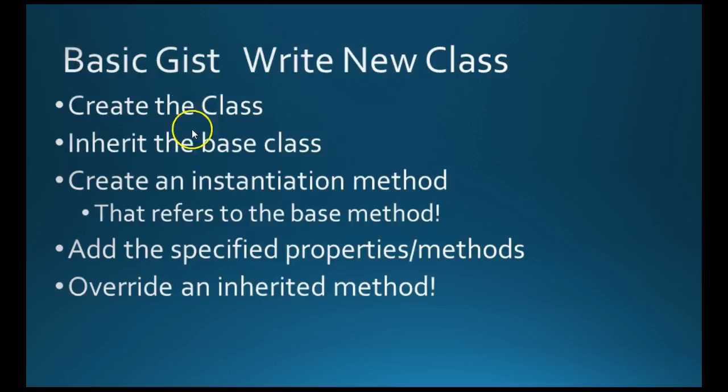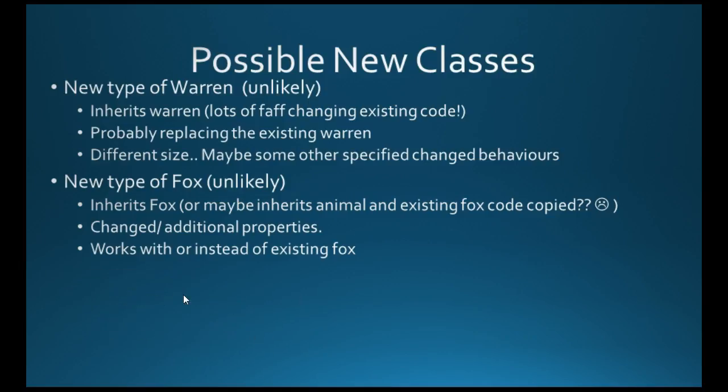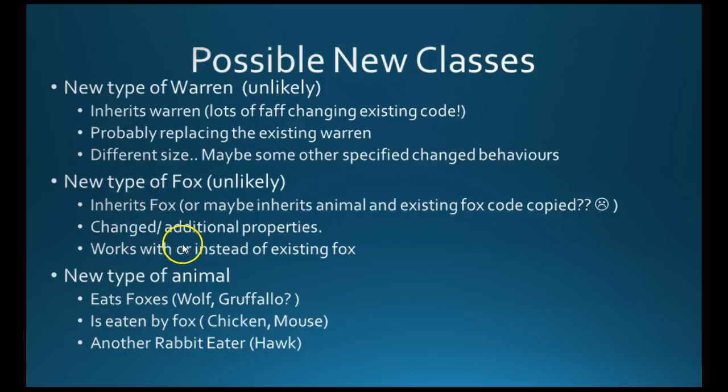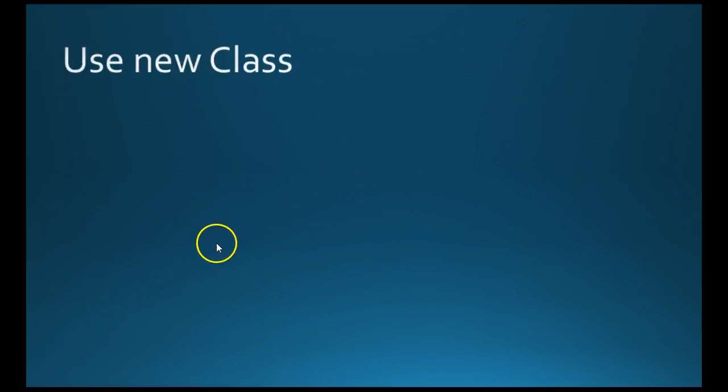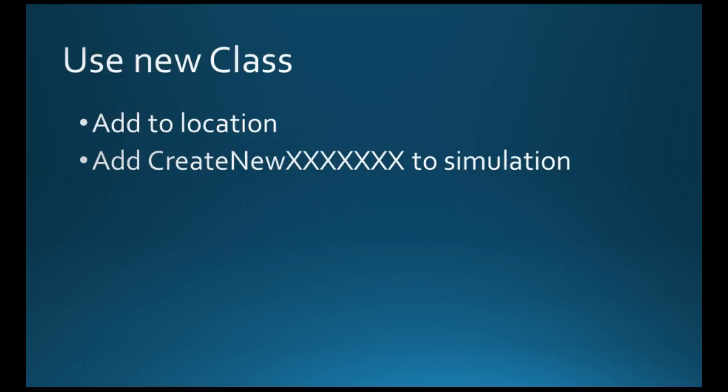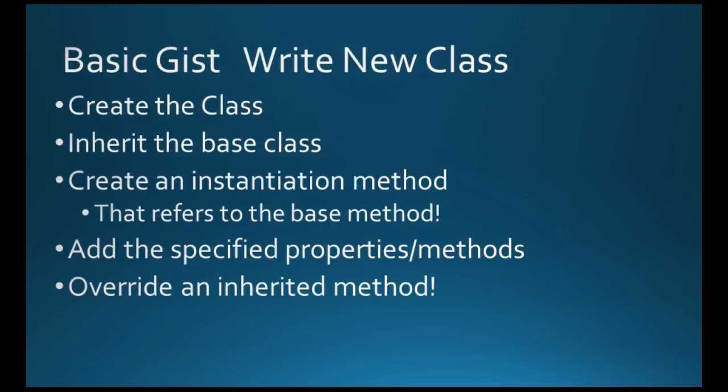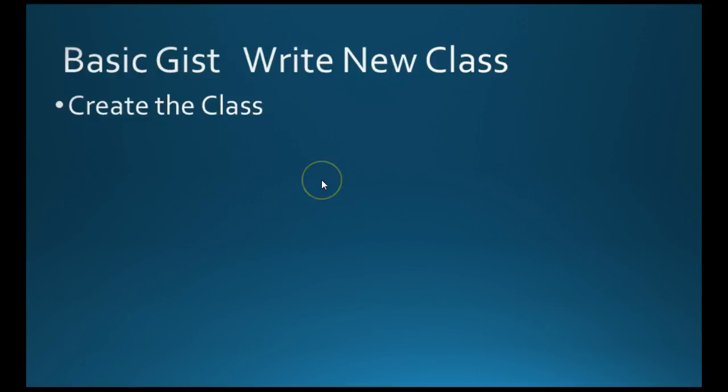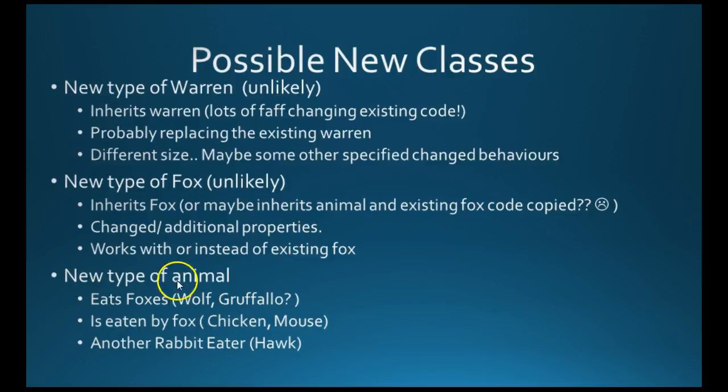Now, just looking at this, 1, 2, 3, 4, 5, 6, that's more than 12 marks worth of stuff. So maybe there would be a really simple sort of extra Fox that just, I don't know, I'm at a loss. I'm 100% convinced you will have to create a new class, but I'm also confused about how, in the structure of the exam that they've got, they're going to squeeze that in, unless you're literally putting a donkey in there that just sits there and is in the simulation, but foxes and rabbits just don't interact with it at all. I do not know what they're going to do with it, but please make sure that you've practiced